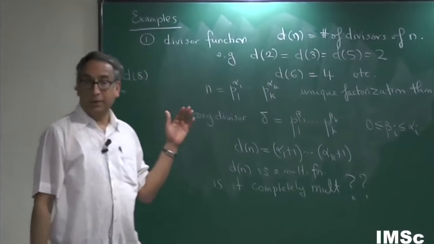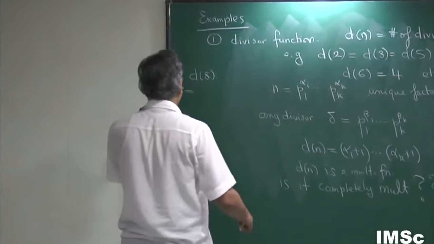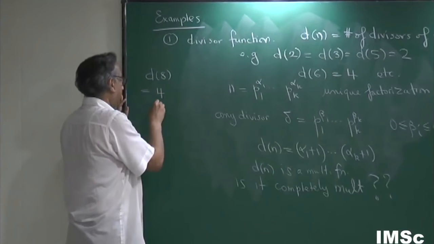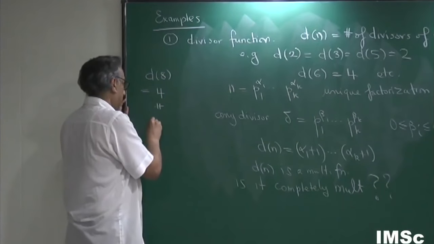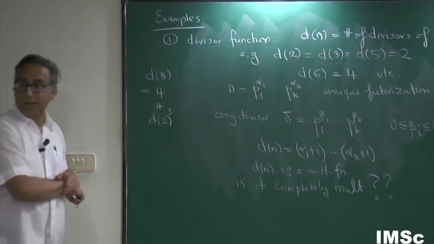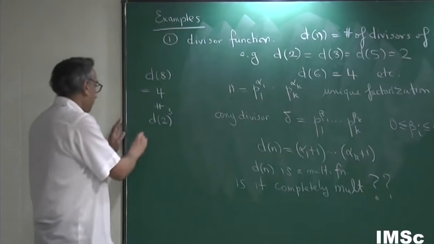That's 2 cubed, right? So 4. But this is not equal to d of 2 cubed, right? All you need to do is come up with an example to show that's not the case. So it's not completely